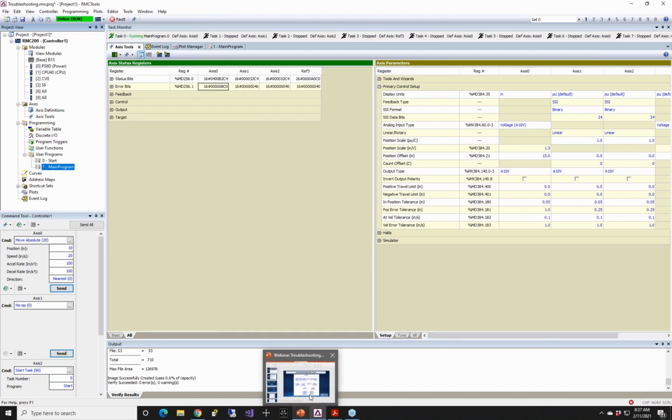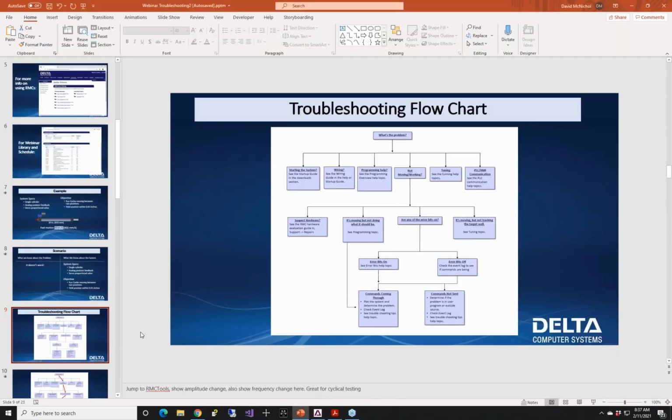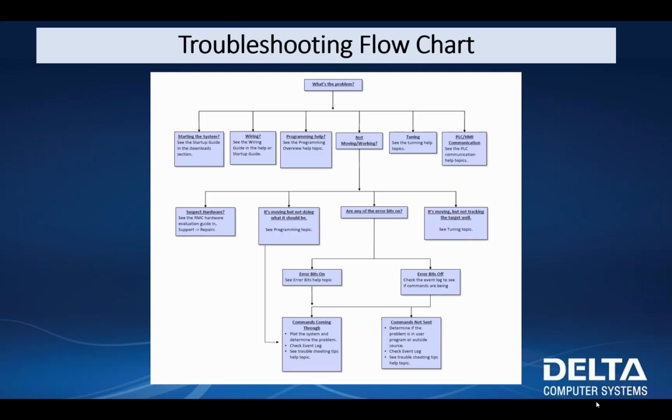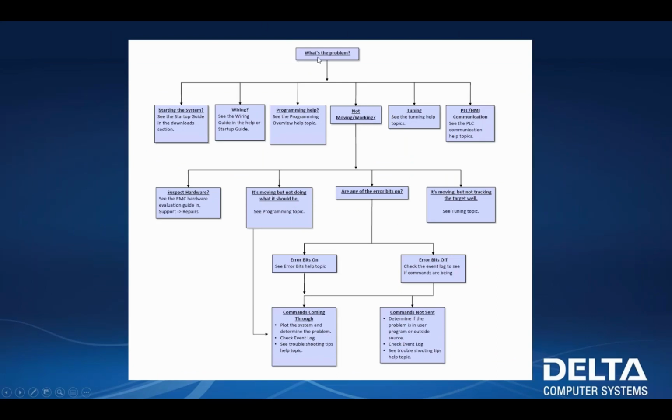What I would normally do is consult the flowchart. Let's see what we have. So what's the problem? Well, obviously it's not moving, right? It's not moving, it's not working. We got that halt condition as soon as we started. So this is our first step. Next, what we're going to check,